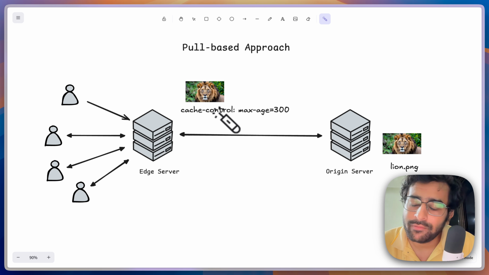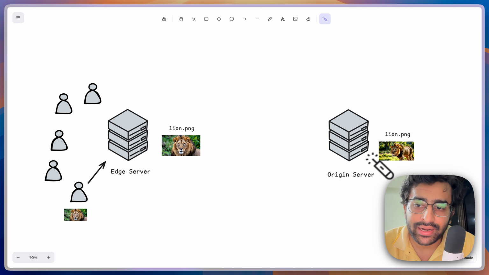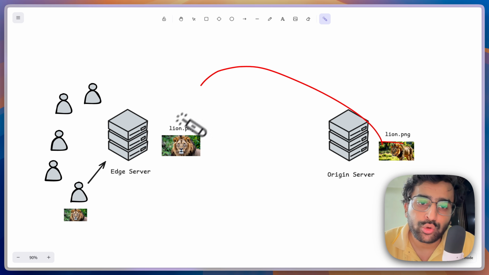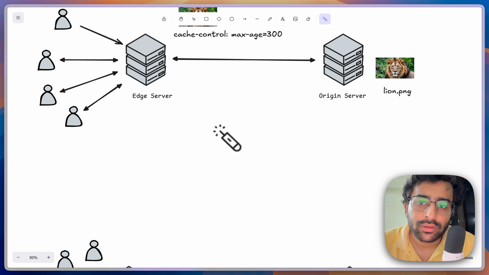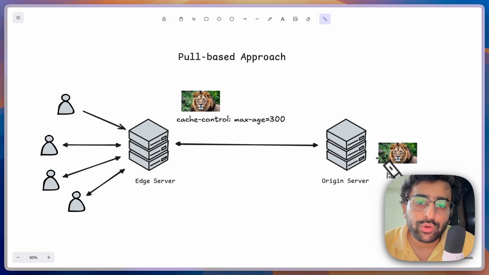If it is not updated, well and good. If it is updated, it will bring the new image. Like over here, it was updated, right? So it would have brought the new image over here. Okay. So it will bring that new image and start the counter again. That is again for the next 5 minutes, all the requests from these users will be getting this image,